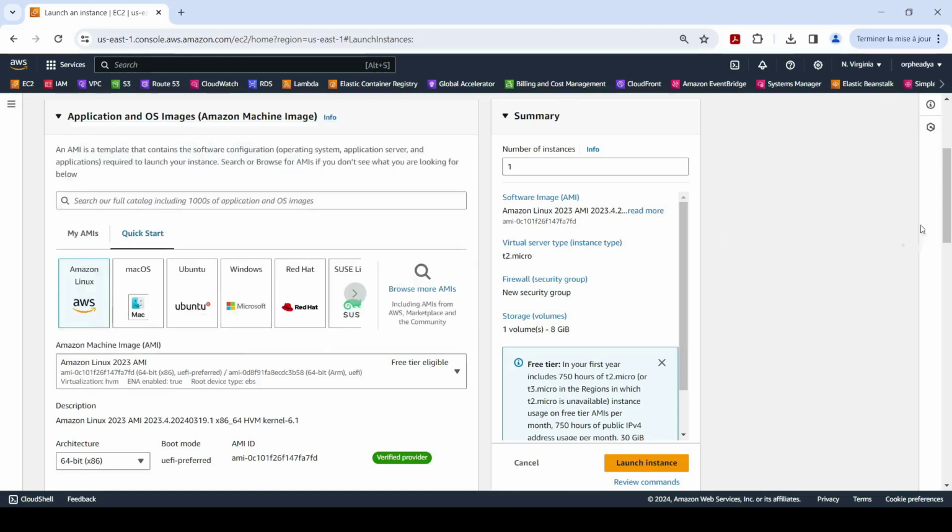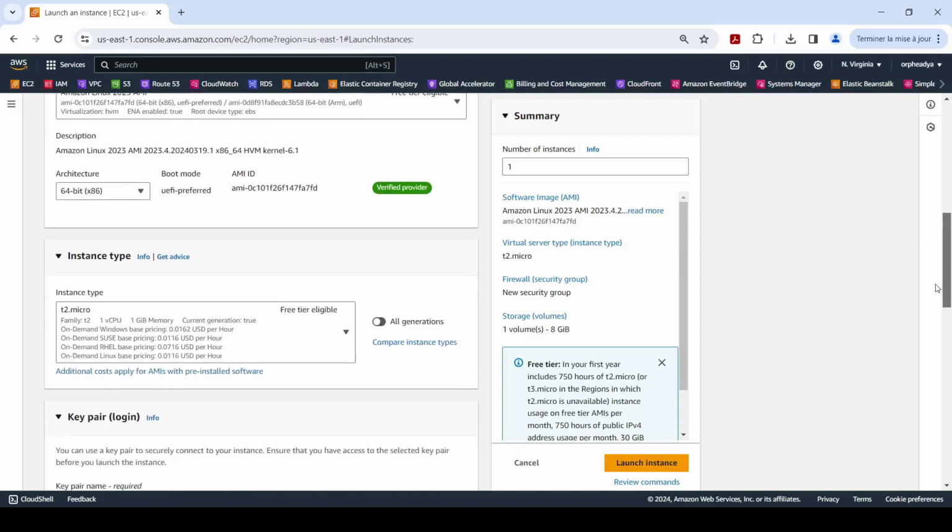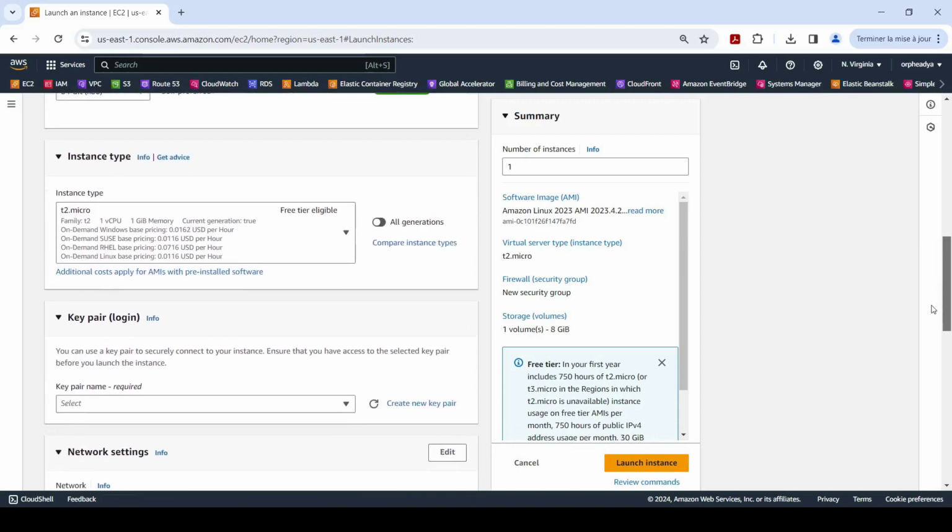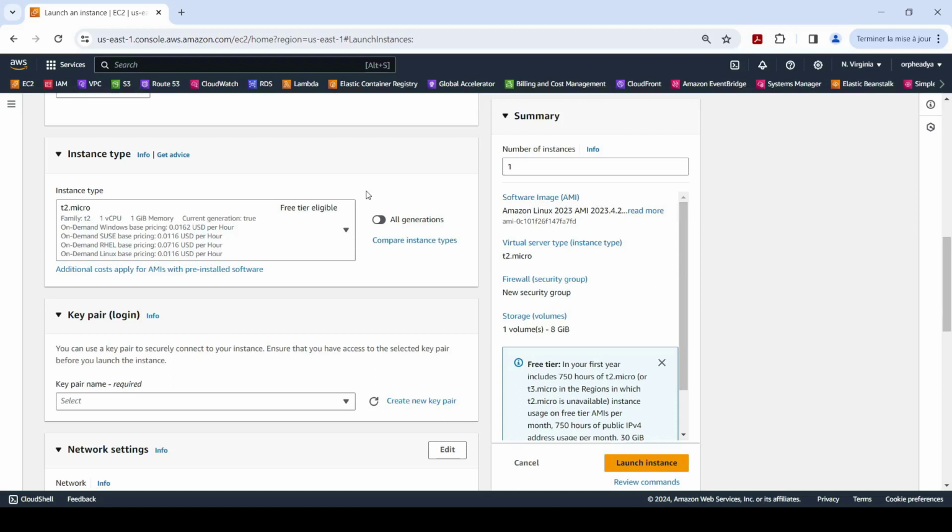The next step is to choose the instance type. For the instance type, I will also choose a free tier eligible instance type. I will choose T2 Micro. T2 Micro has 1 vCPU and 1 GB of memory.